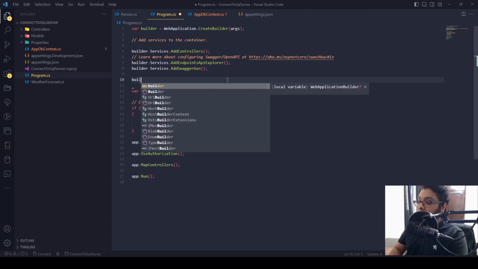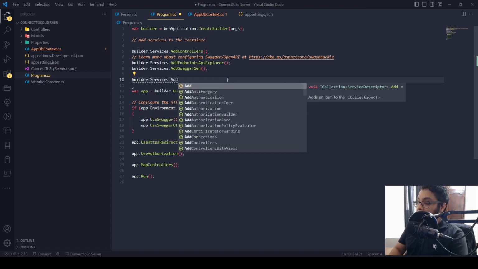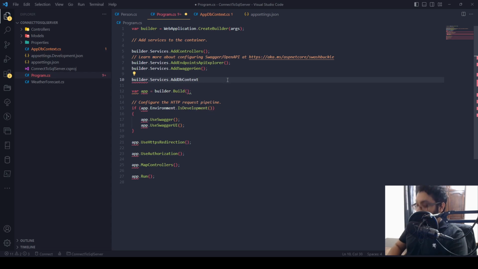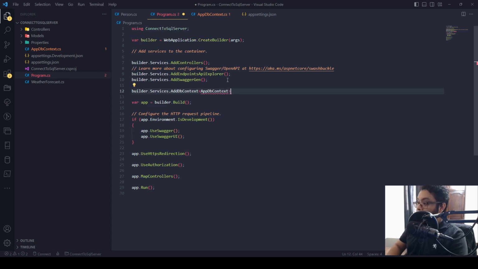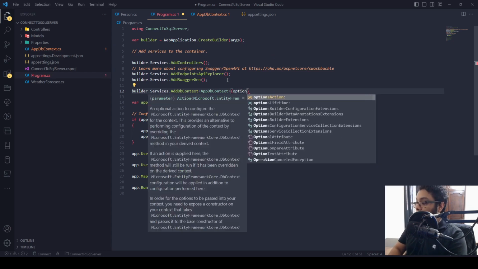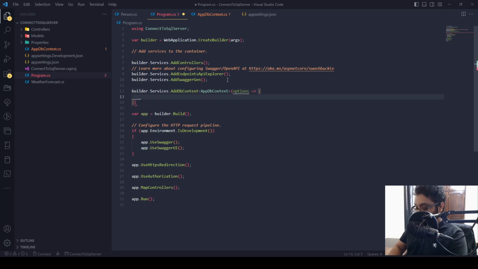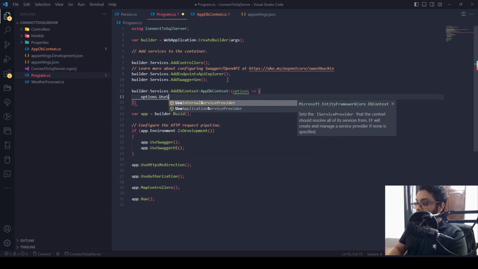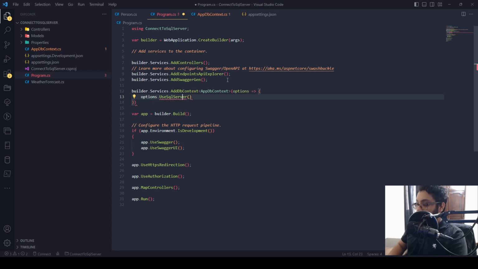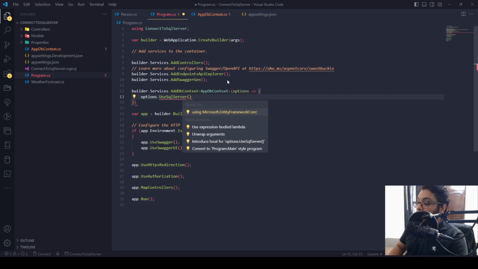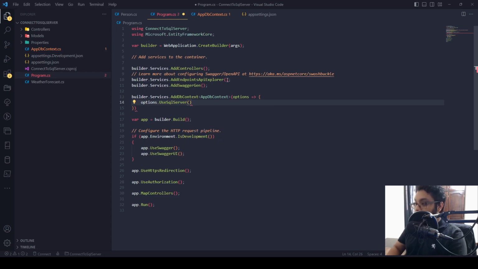So let's say builder.Services.AddDbContext of type AppDbContext, and let's import the namespace. Let's say options, and then options.UseSqlServer. Let's import the Microsoft.EntityFrameworkCore namespace, and let's say